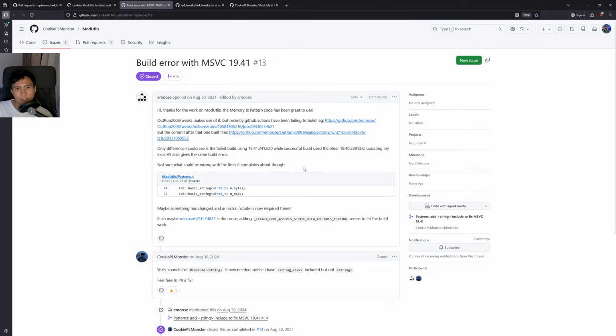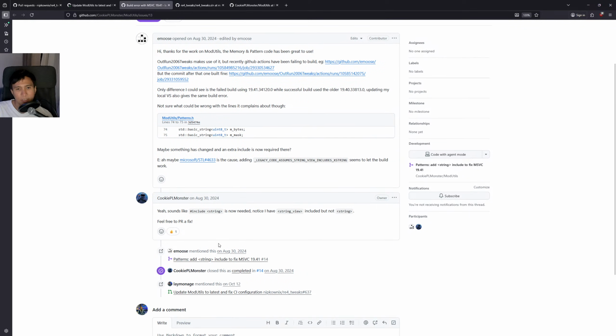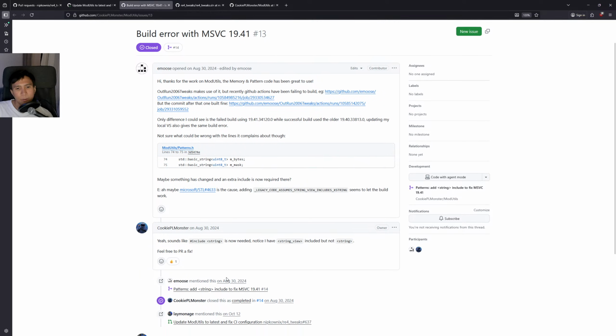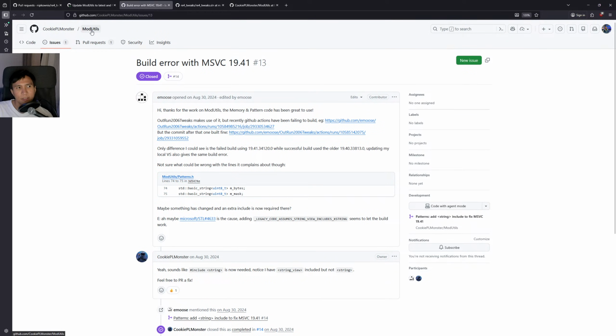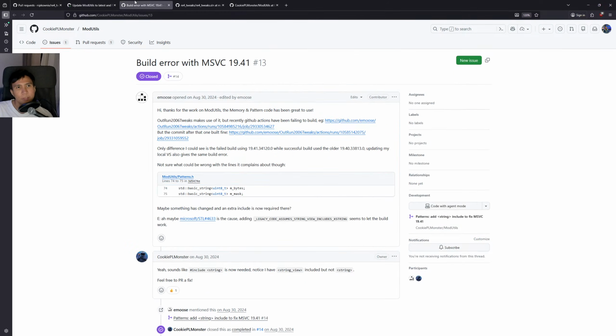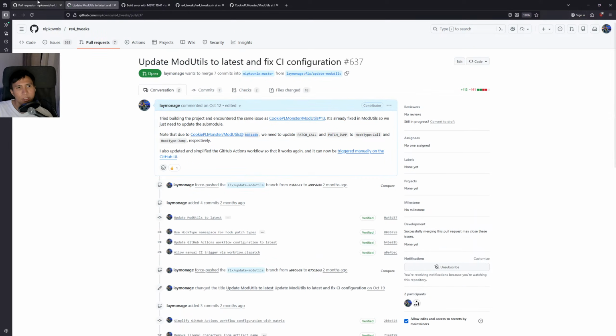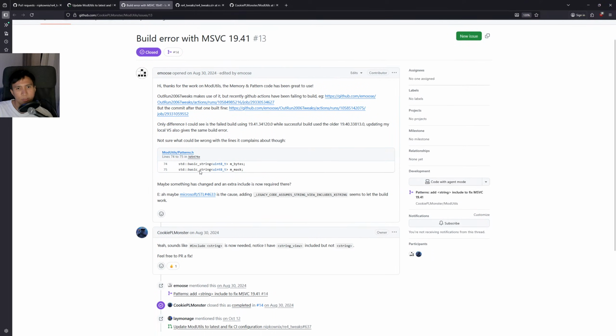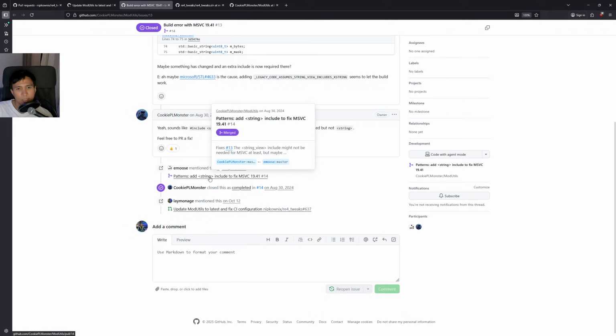But if you try to compile it with the latest Visual Studio, you get errors because you need to explicitly include this thing. But the code that needs to be updated is in this mod utils project, so it's not really RE4 tweaks code. So you want to update the mod utils submodule to the latest version, or at least one that includes